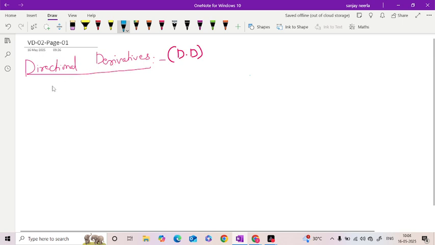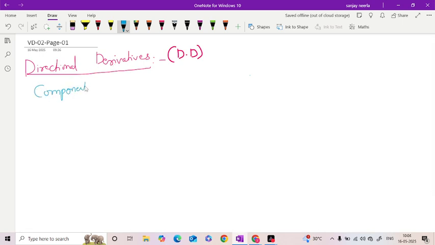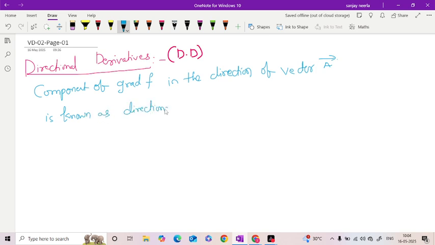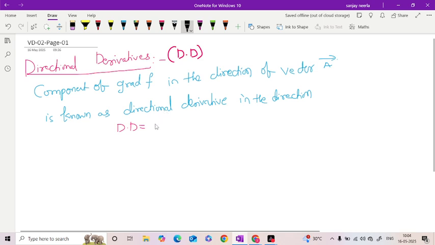So the directional derivative is the component of gradient of f, where f is the scalar point function, in the direction of a vector. This is known as the directional derivative in the direction. Mathematically we will write dd is equal to gradient of f